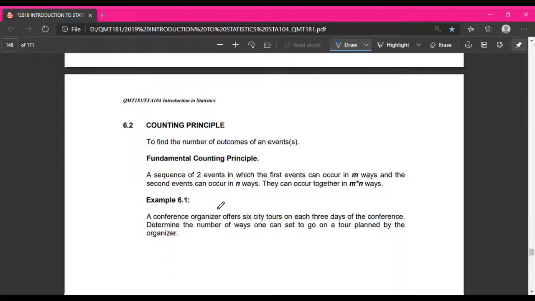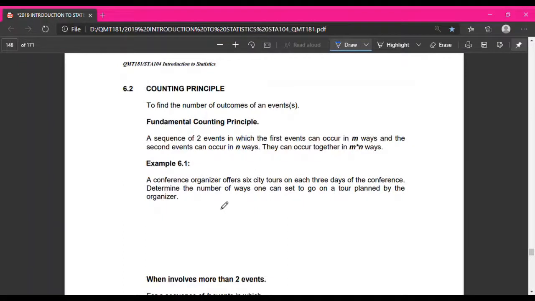Okay, but before we go further kepada macam mana nak cari nilai probability, okay, which is nilai probability will be lies between 0 and 1. But before that, kita tengok dulu macam mana of the counting principle. Ini tak masuk lagi kepada probability. Just kita nak cari how many ways we can select ataupun find the number of outcome of an event sahaja. Tak cari probability lagi ni. Nak cari number of outcomes saja of an event. Okay, kita gunakan counting principle.